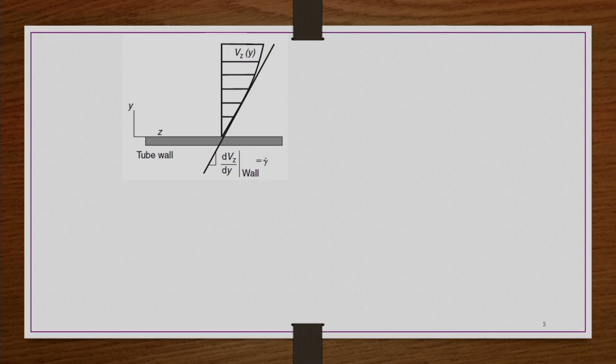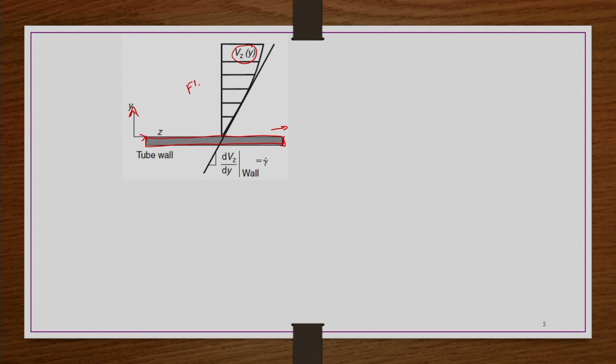So, how do we realize this? How do we realize whether this slip exists or not? That we can discuss pictorially now. So, we have a tube wall, let us say a capillary, no problem. We have a tube wall, and let us say the coordinate system is taken like this. So this is the y direction, this is the z direction. The fluid is moving in the z direction, and the velocity is a function of y, Vz is a function of y. Okay. So, at a certain z value which is in the fully developed region.